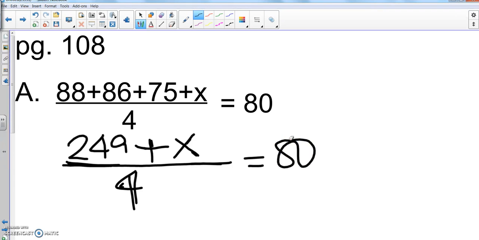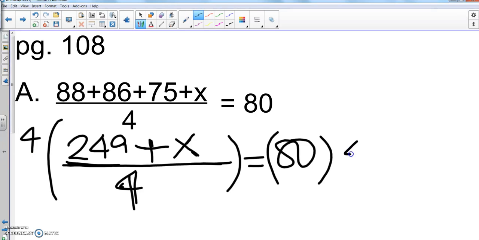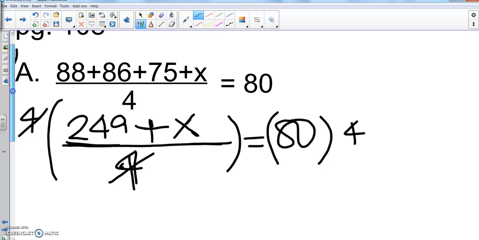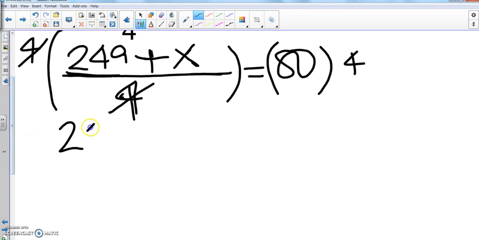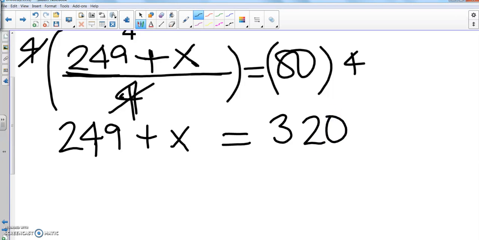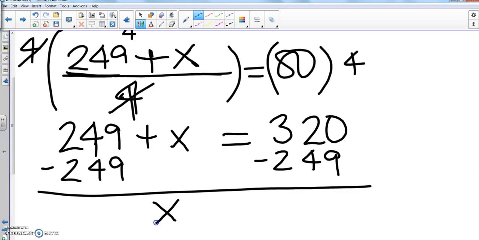Okay, how do we start getting that x? All right, we got to multiply both sides. First thing you got to do is get rid of this 4 on the bottom. So if I multiply both sides by 4, then I'm going to get 249 plus x equals, what's 80 times 4? That is 320. And then what's the last thing I gotta do to solve for x? Subtract 249. So x equals